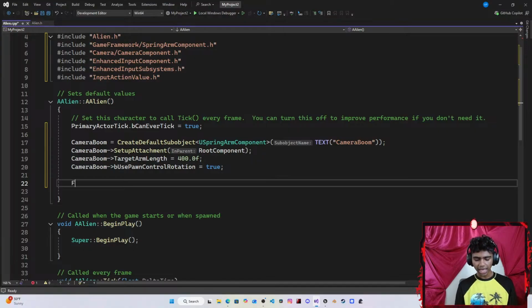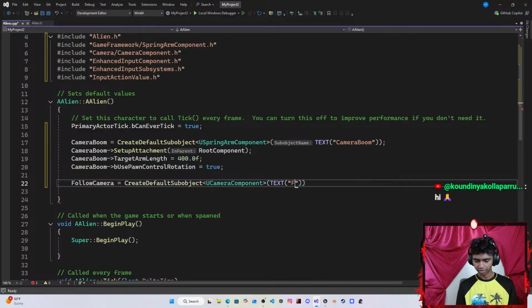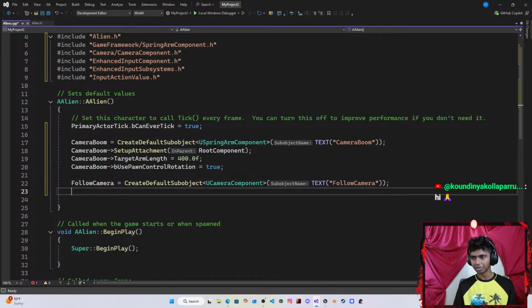Now, once I'm done with that, I'm gonna go ahead and create a default sub object for my follow camera, which requires a parameter of my U camera component. There we go, which is going to have a text called something like follow camera. Okay, and guys, follow camera is basically my camera component. The reason I named it follow camera is because I want it to be following my spring arm component wherever